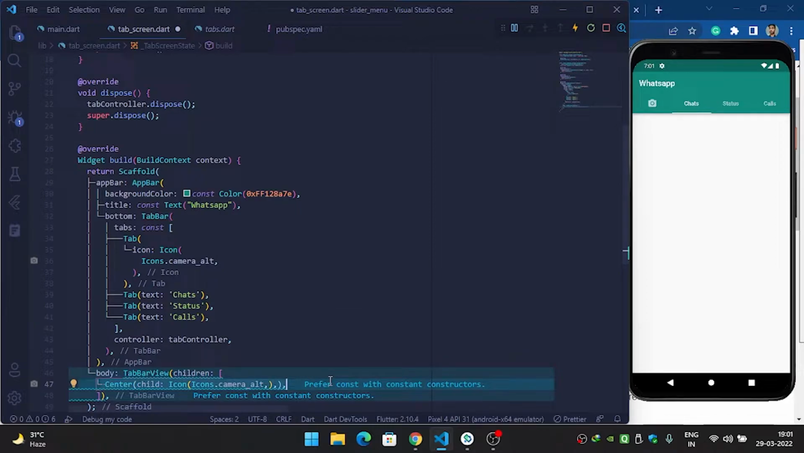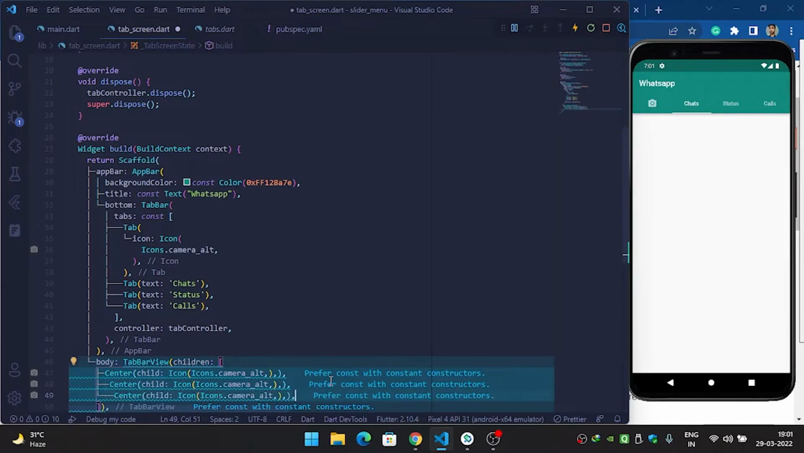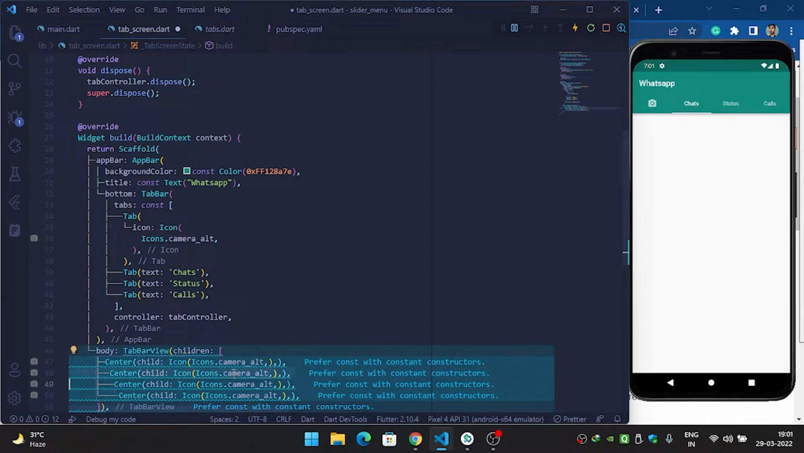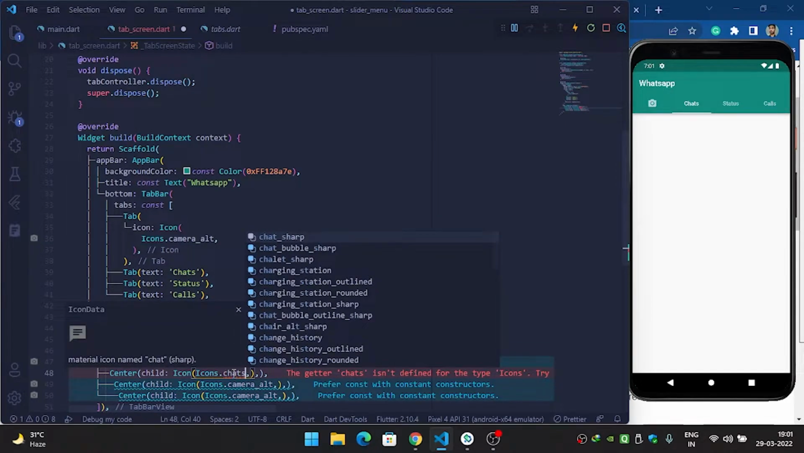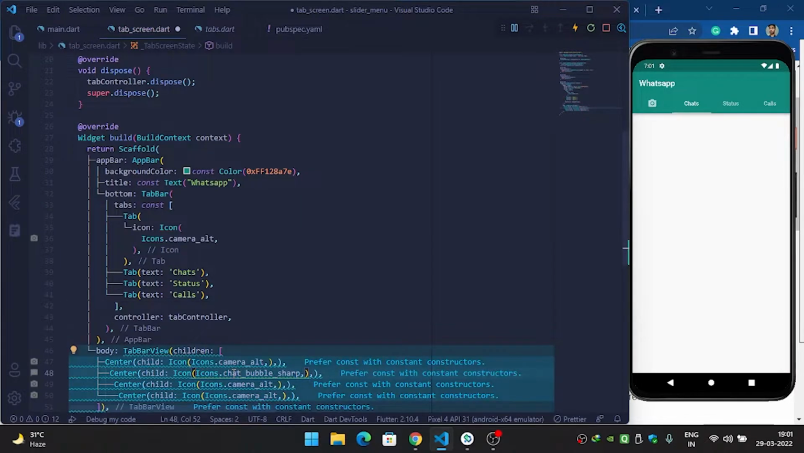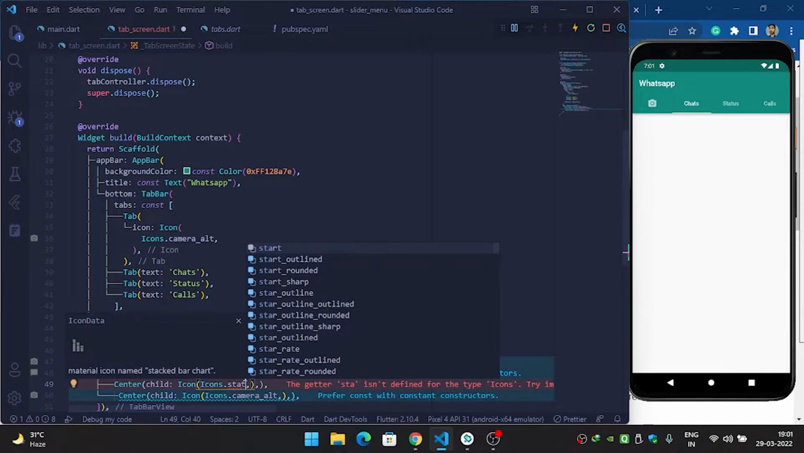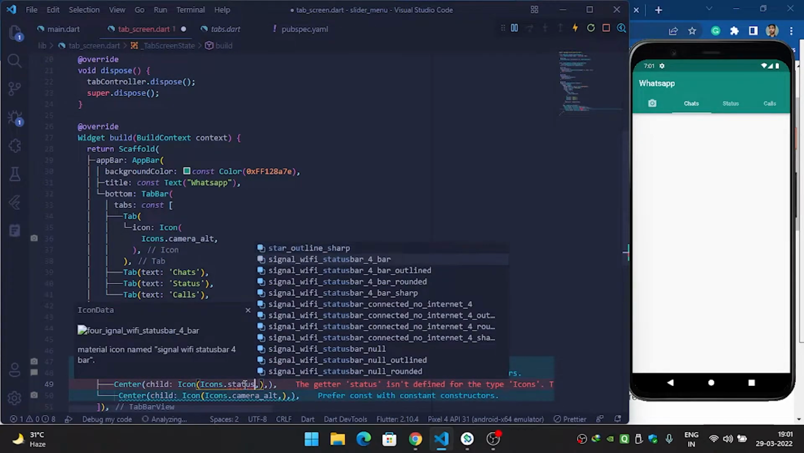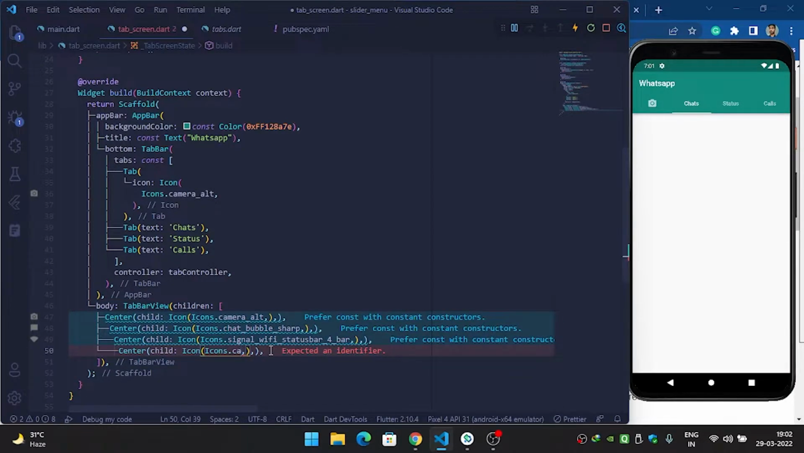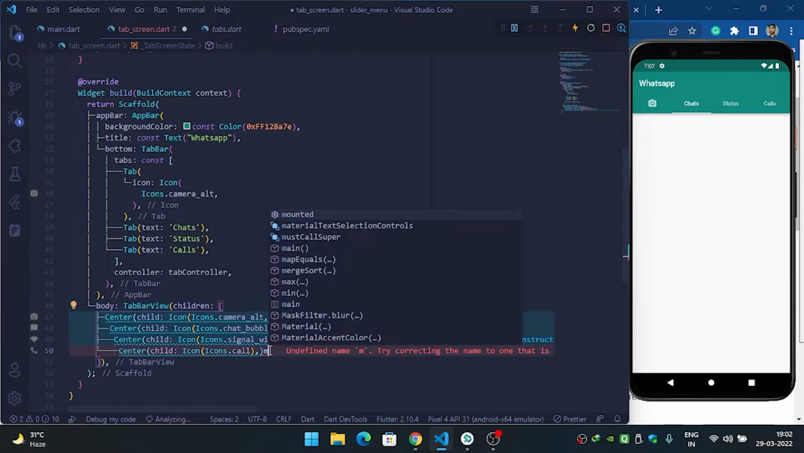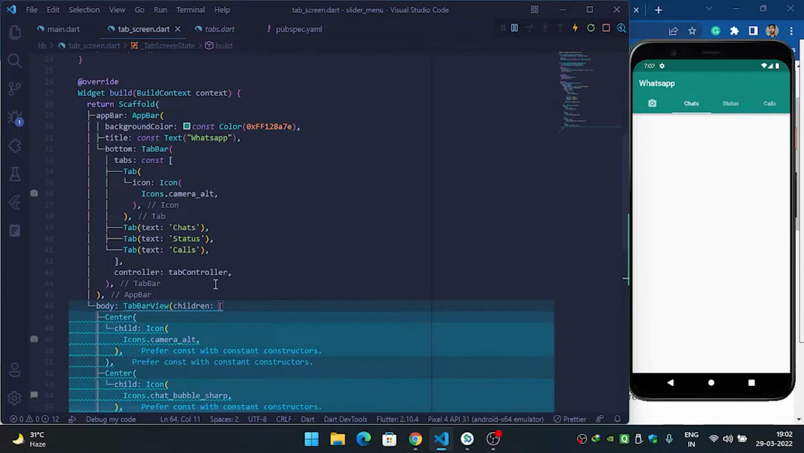and also we need 4 widgets like this because we have 4 tabs, so let's make it 4, and then we will change them to chats and also status, and then call. When we hit save,